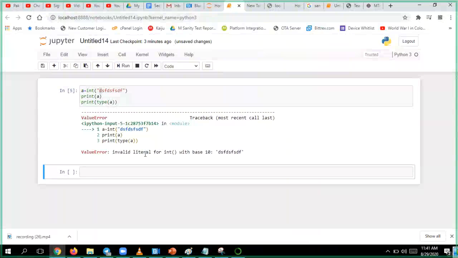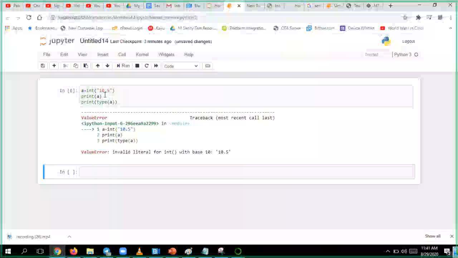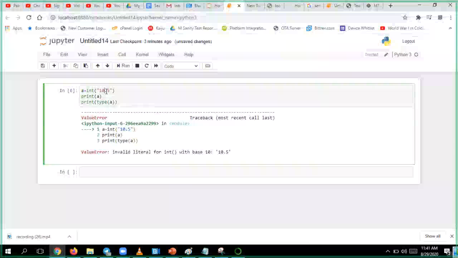Invalid literal means a s f, d s f and all are called literals. To convert any text into integer, you should have the respective literals. Here, in this particular case, I want to convert 10.5, but you have something called dot. So it will think, oh, it is an invalid literal.